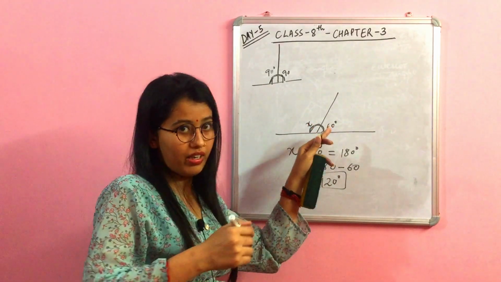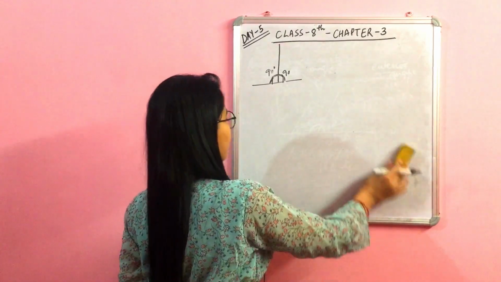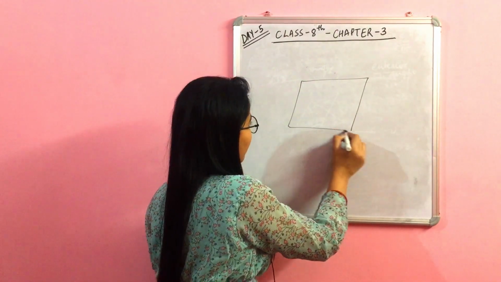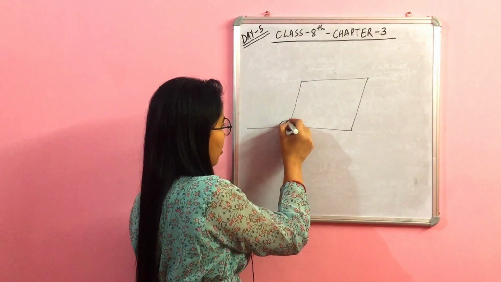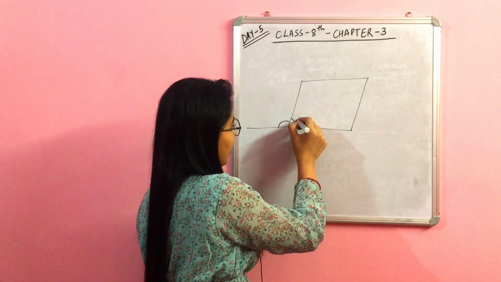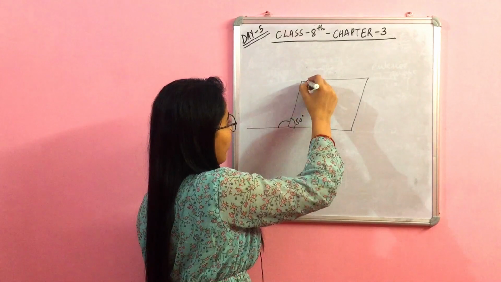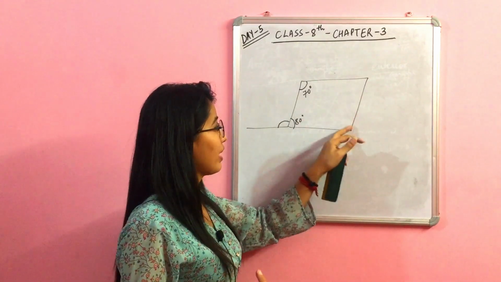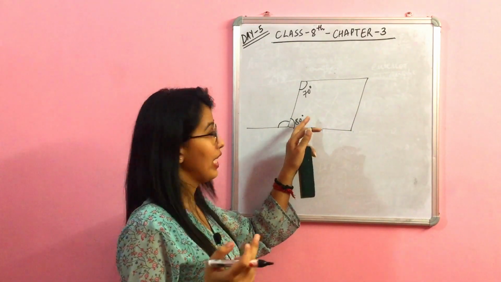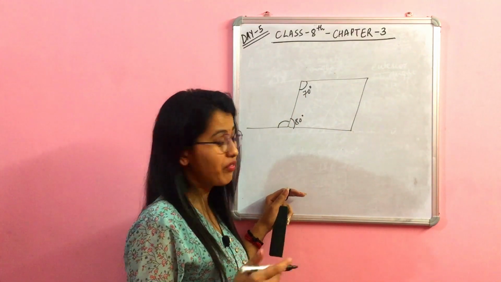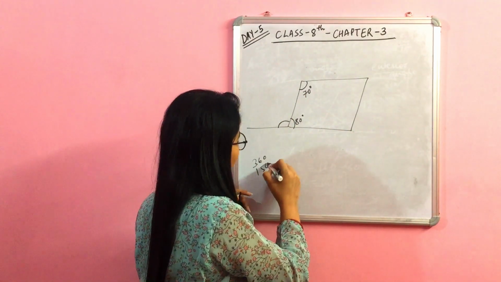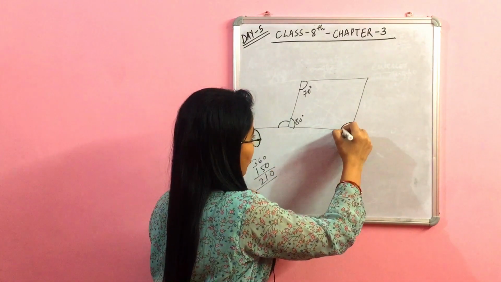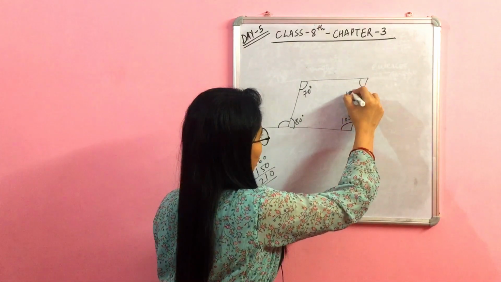Similarly, this is the exterior angle. Similarly, we can solve other examples as well. Like I am having this polygon, and this is extended. Suppose this is, let us say, 80 degree, and this is 70. We should remember that all four angles sum to 360 degree, right? So 80 plus 70 is 150. Now what is left? 210 is left. Now I can divide these two angles as 105 degree and 105 degree.